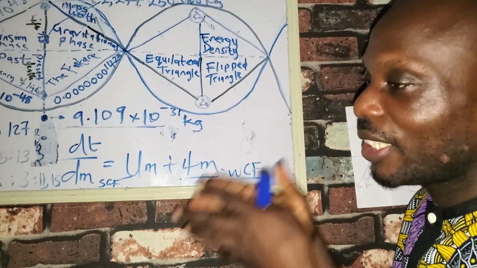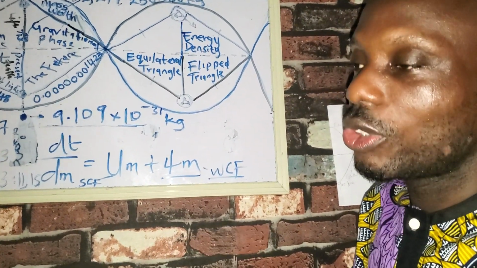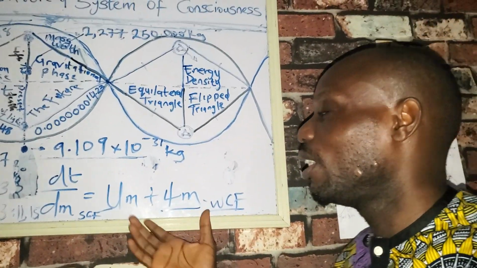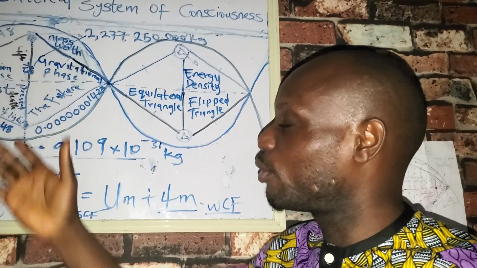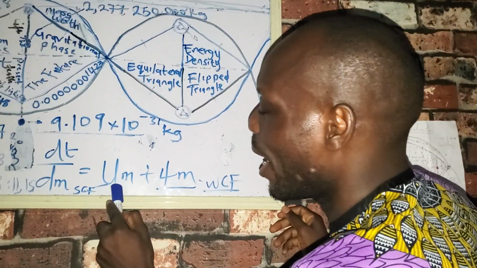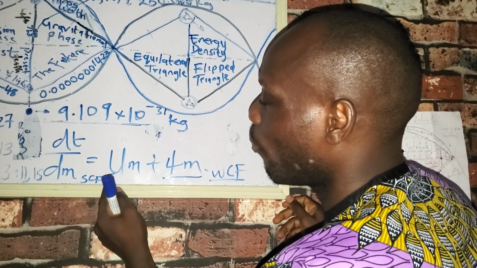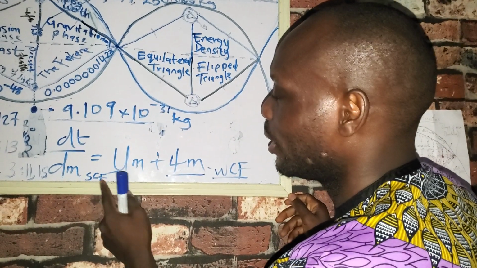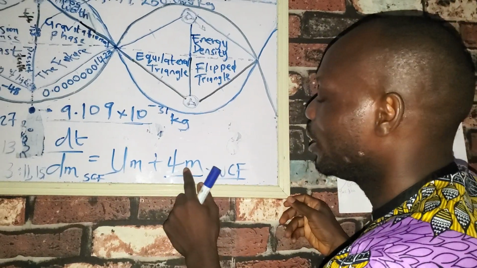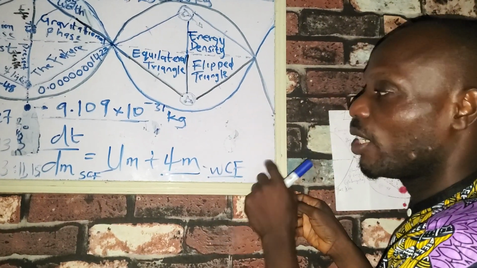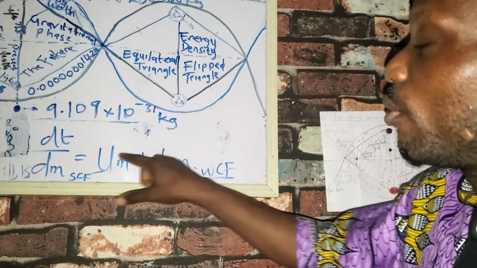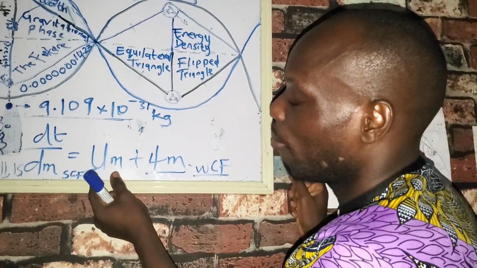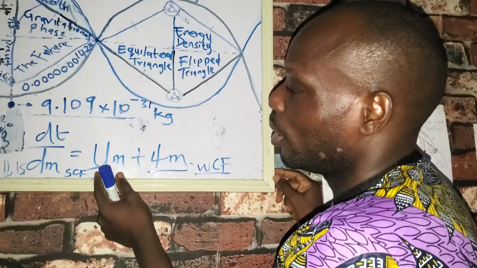Then you can use that generated output as input to generate further output. That's how this formula works. And then we're going to see the effect of that as we progress. Now, this M is the strong conveying force, SCF, and this M is the weak conveying force. We're going to see how this weak part of this formula will be suspended by this strong force, and then